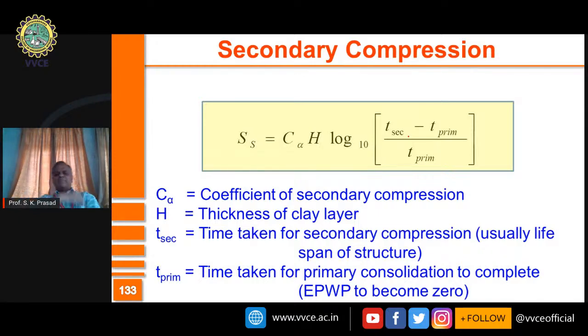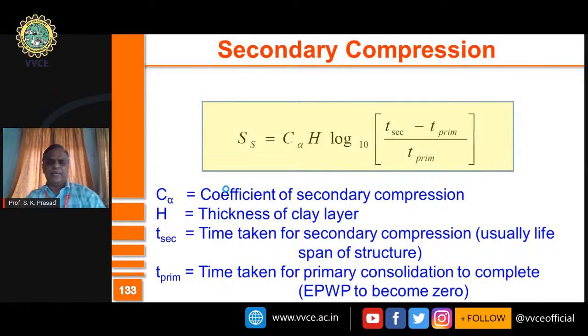You might ask me, what is the time taken for secondary settlement? It will keep on, infinitely. So you can put the lifespan of the structure as the time for secondary settlement, maybe 60 years, 100 years. Time taken for primary settlement, that is for primary consolidation to be over, in the field can be 1 year, 2 years, 3 years. It all depends. As long as the pressure is high, as long as the scope for water to come out is less, it takes time. So with all these things known, C alpha, H, time secondary, time primary, you can find out